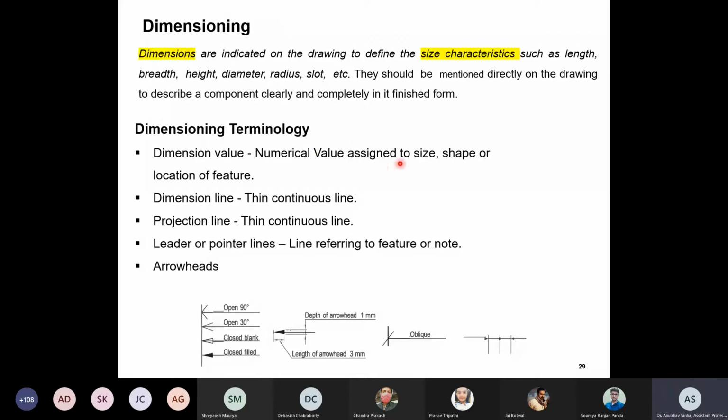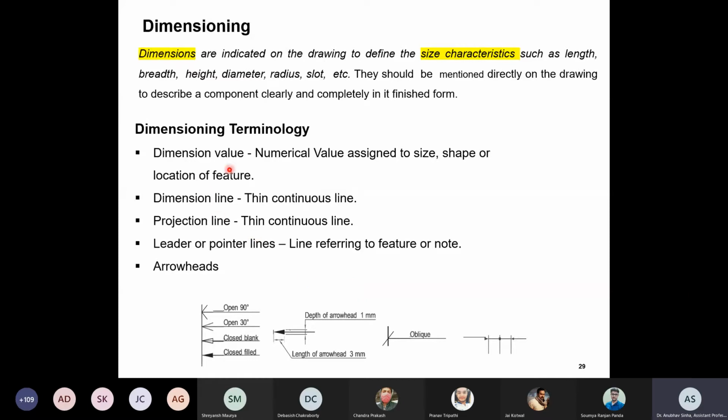So basically when you draw a geometrical figure, you also need to mention what the dimensions involved are. For example, what is the diameter of the hole, what is the length of that object, things like that. So basically you will write a number, let us say 10 centimeter, 10 millimeter, and make those lines. These are the lines which can be used to mark dimension. Again I'm just giving you background. Once we look at some examples, then it will hopefully be more clear.